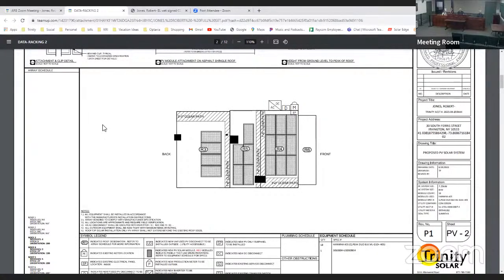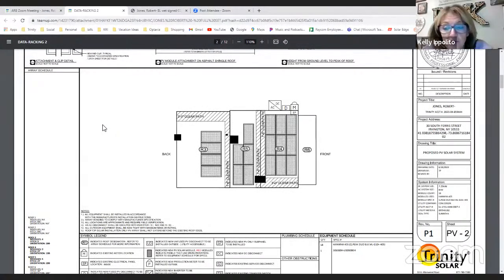Okay. Thank you. And as I said to the applicant, once we have either photographs or architectural elevation drawings, we can be better able to make a decision on this particular application. Sure. Could we see some additional information on any shading analysis that Trinity Solar has done?